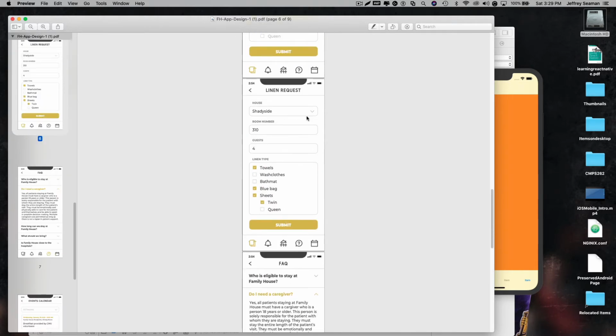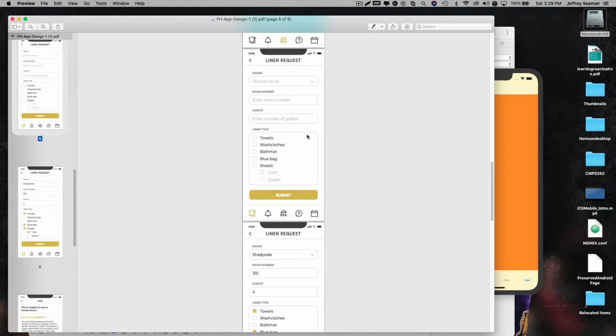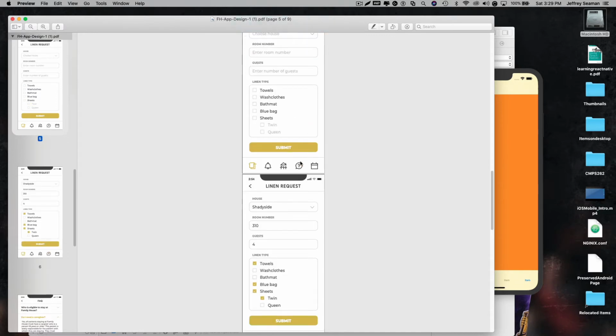Now this is pretty straightforward, but at the same time, let's say that we wanted to, I don't want to say dumb it down some, but if we wanted to make it a little bit easier for some reason, then yeah, if we were gonna make it easier and we'd have one page, choose your house, hit next,